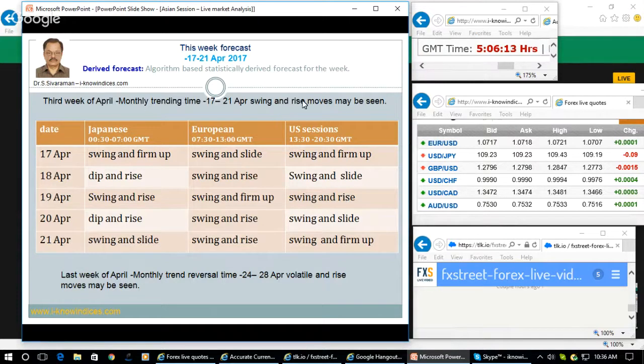So this week you come across the trending move, but in that you have seen the upward move already, and they are expected to make either way swings. They have made the slide, and they are expected to make a further slide in the market, and then quickly make a rise and then drop during the US session and firm up towards close. So that is what is expected. They are expected to make either way stop loss in the market.